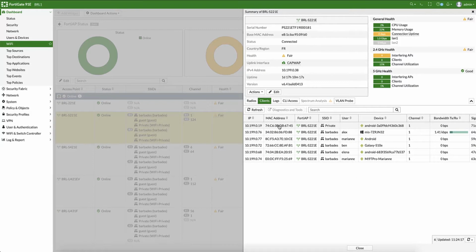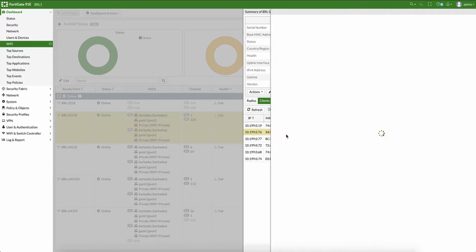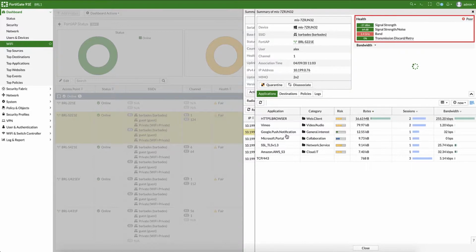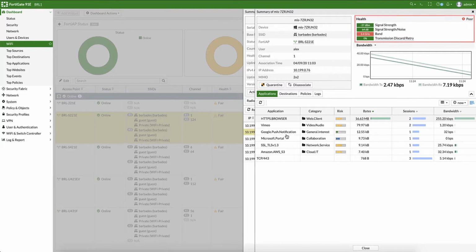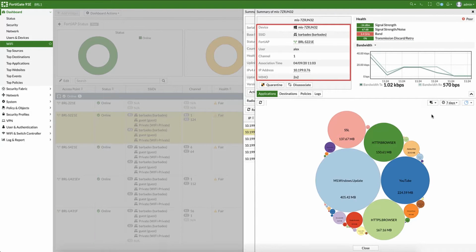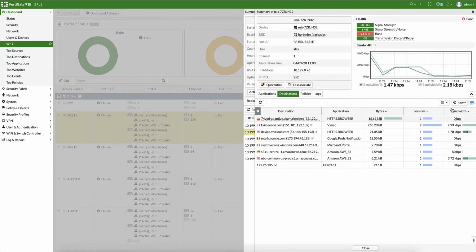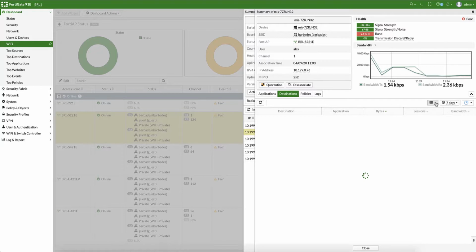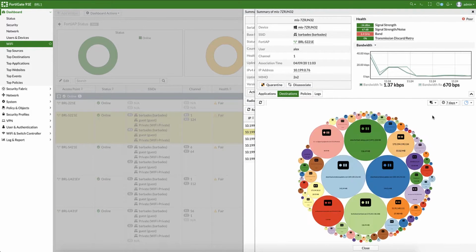The user drill down gives a complete health summary in terms of signal-to-noise ratio, signal strength, band, and transmission errors. Some of the elements such as username, MIMO, IP address, and SSID help to quickly identify the station. The bottom part shows an instant or historical view in terms of applications, traffic destination, matched firewall policies, and wireless station logs.